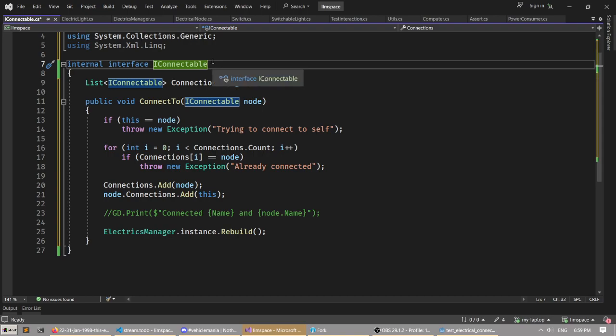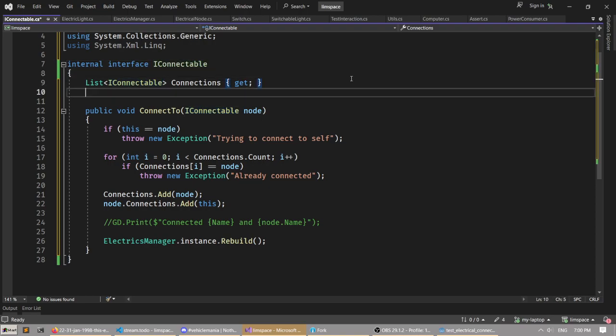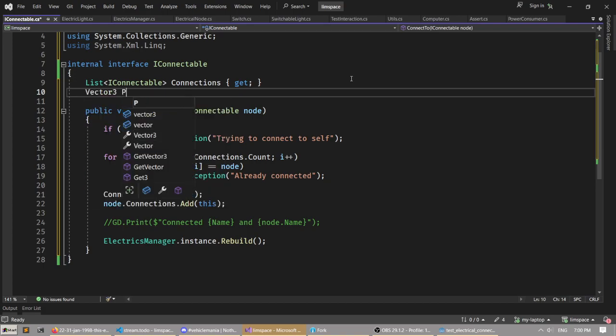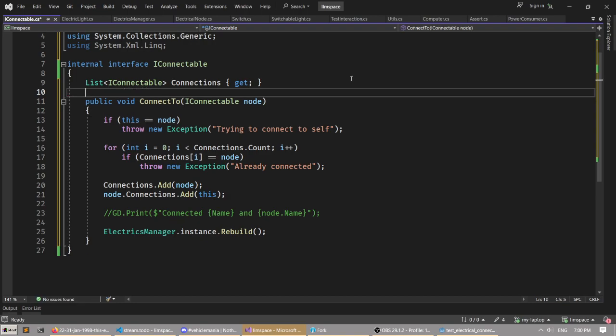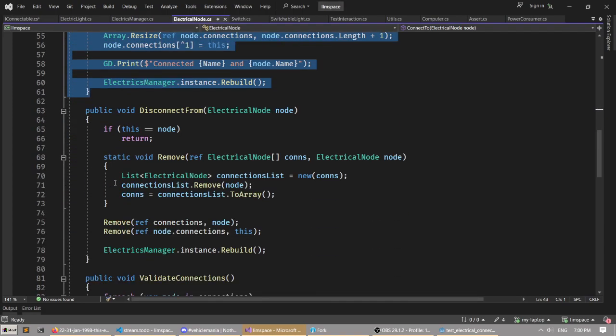That's true. But you could abstract your own vector too. Yeah, I could. I could abstract my, well, Vector3, yeah, in my case. I could have like a Vector3 position or something, and then use it as a getter. But yeah, let's for now do this. So that works, and we're also going to disconnect